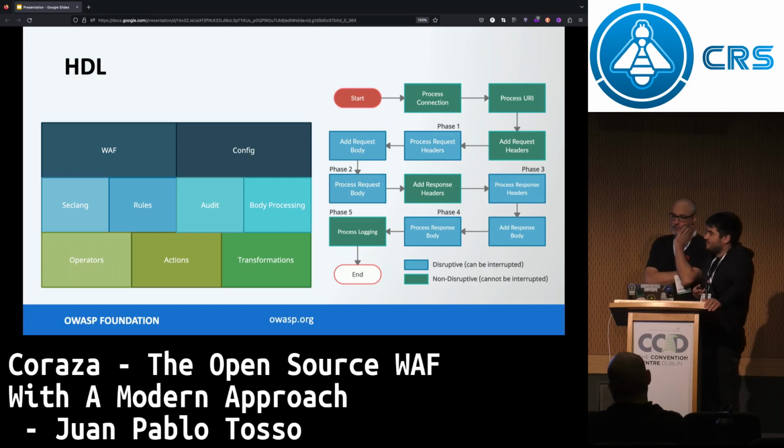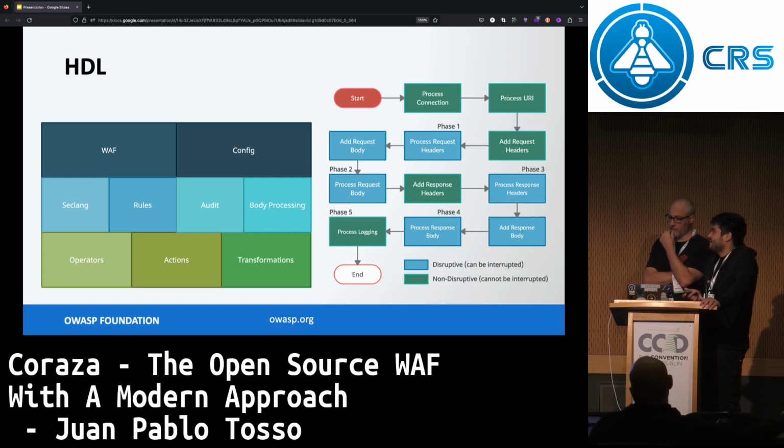There we will do the body processing of the data type that we have, add the response headers, and process response headers. Process response headers also receives the response status and the response protocol. Add response body, which is also disruptive, and process response body, logging, and we finish.